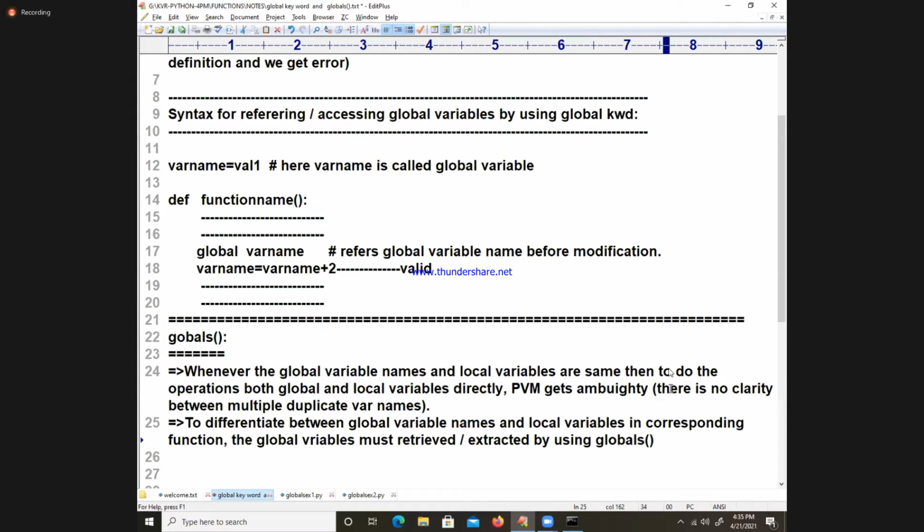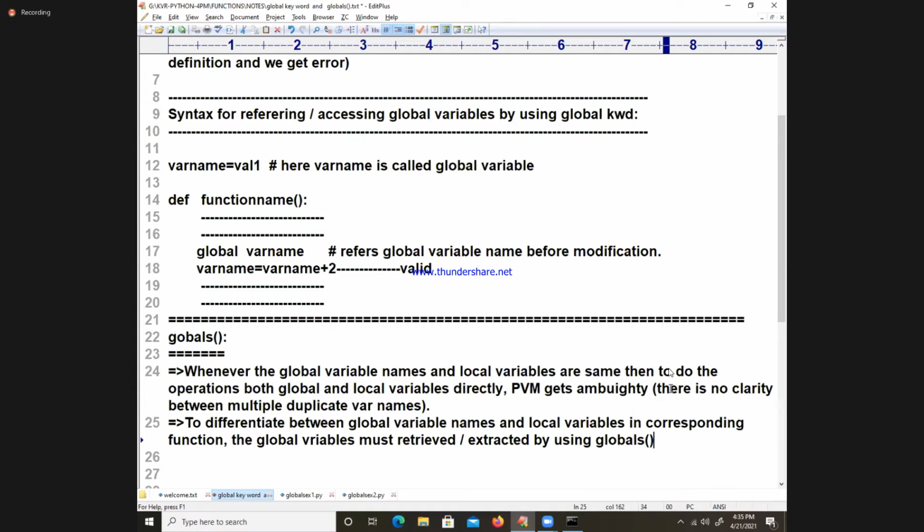The global keyword is for what? Modification. This is retrieving. See the difference. The global keyword is used to modify the value of a global variable. Directly for a is equal to a plus 1, you got error. Global a.